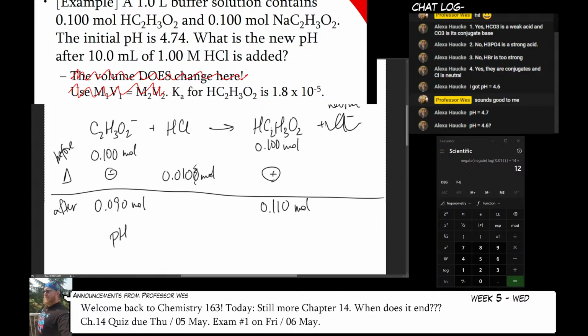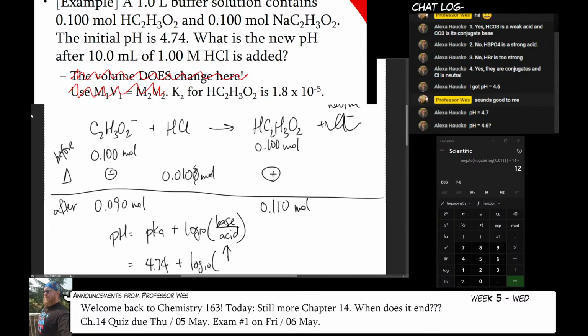So pH equals pKa plus log of base over acid. Really, the part that's going to get everybody mixed up is this part right here. Make sure you put the numbers in the right spot. That's really the crucial part. So pKa of this is still 4.74, because we just did that in the previous example, plus log of